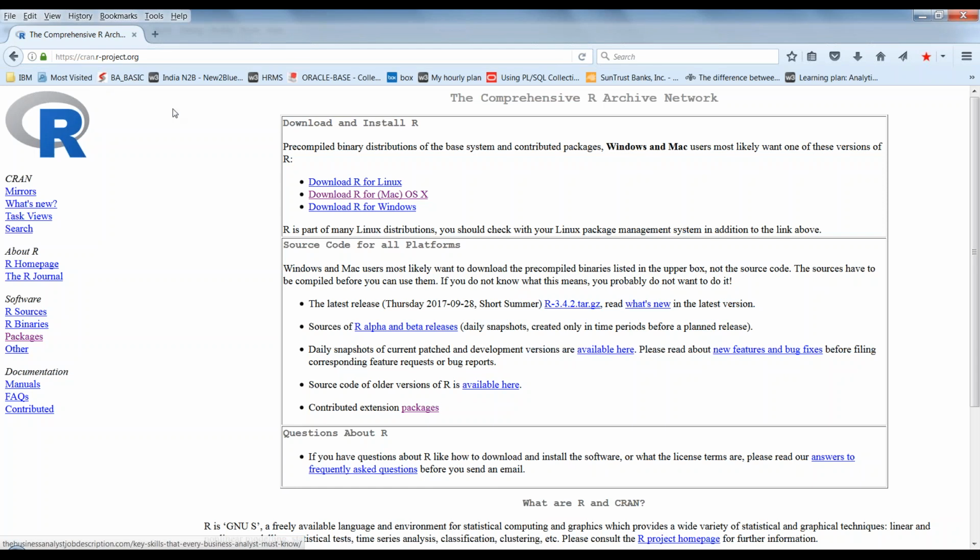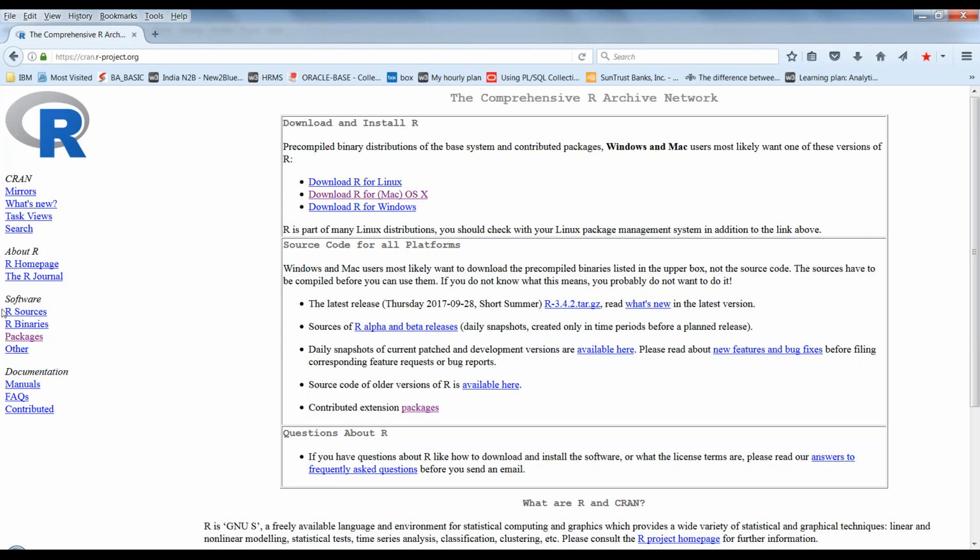Here CRAN stands for C for comprehensive, R for R, A for archive, N for network. This is a place where we have all the packages which belong to R. Out of which one I am going to explain, which is the dplyr package.